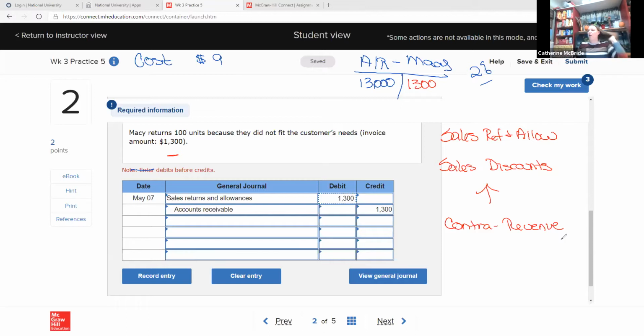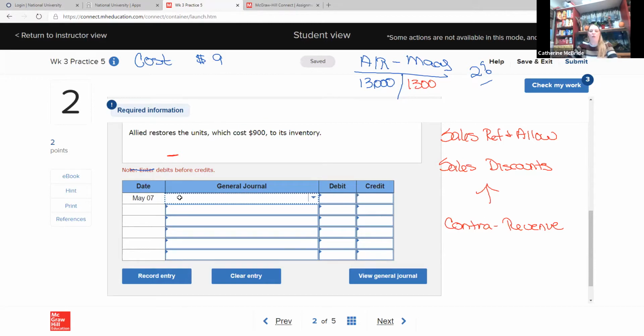Because then you have questions like, why do we have so many returns, or what's happening? I have one question. When does that get recycled back into merchandise? Because it's not defective, it just didn't fit their need. Yeah, we're about to do that. It's a very good question, because you're right. It has to go back in, because all we've done now is credit them at retail. So the next thing that's going to happen is we do have to put it back into inventory. So we're going to put it back into inventory at our cost, obviously.